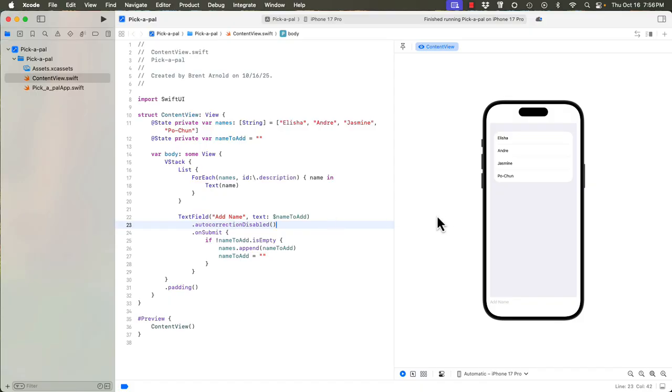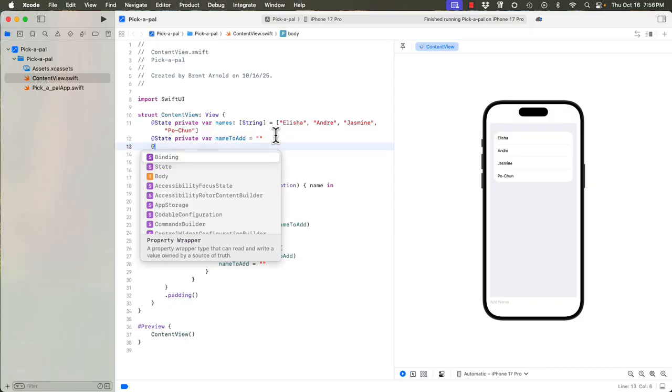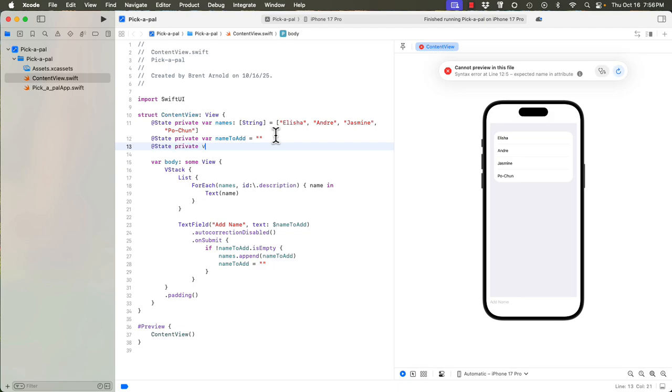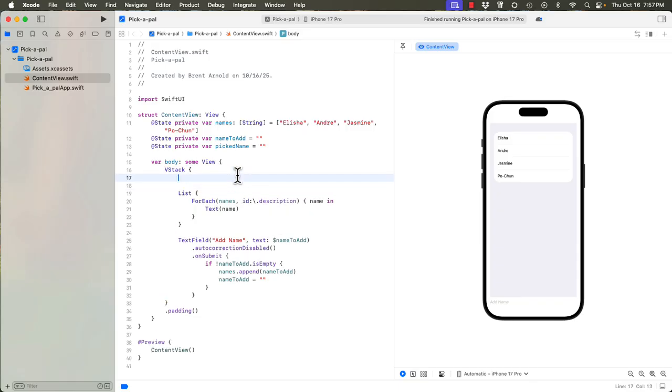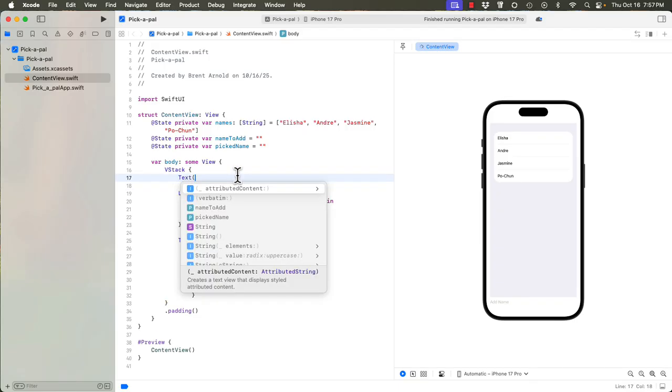Next, we want to add a text that shows a random name where we can pick a random name. And so we'll add a button, and then we have some text up here that shows picking a random name from this list. So the first thing we want to do is create a state variable. We'll say @State private var, we'll call it pickedName, and we'll set it equal to an empty string. And then in our VStack, above the list, we want to add a text, and we'll call it